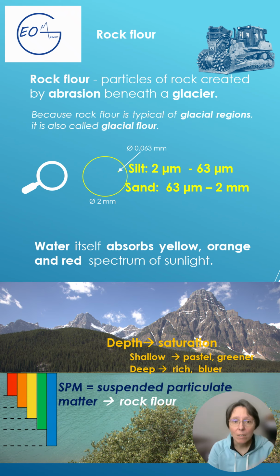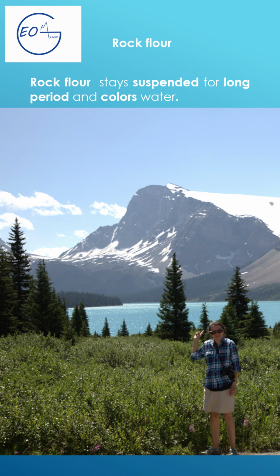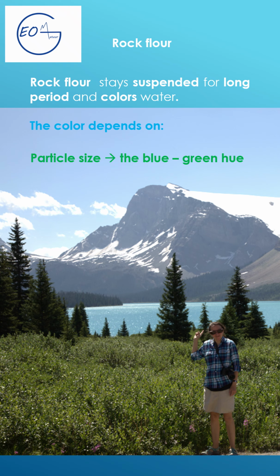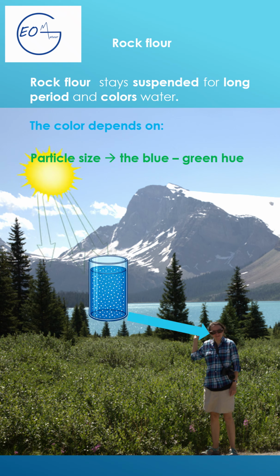One of the main constituents that give water a color is suspended particulate matter, rock flour. Because of its size, rock flour stays suspended for a long period and colors the water. The color depends on particle size, which gives the blue-green hue. Suspended glacial flour scatters shorter wavelengths, blue and green, while longer ones are absorbed, resulting in the distinctive color of